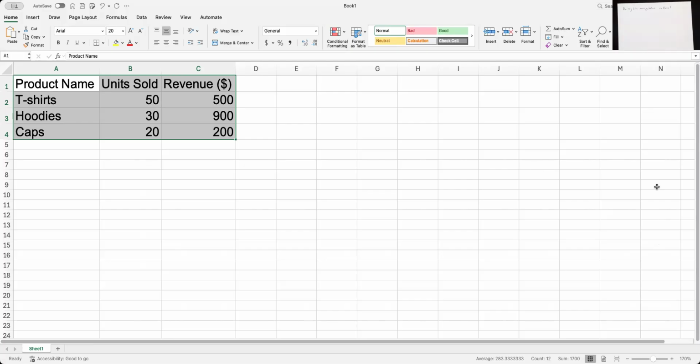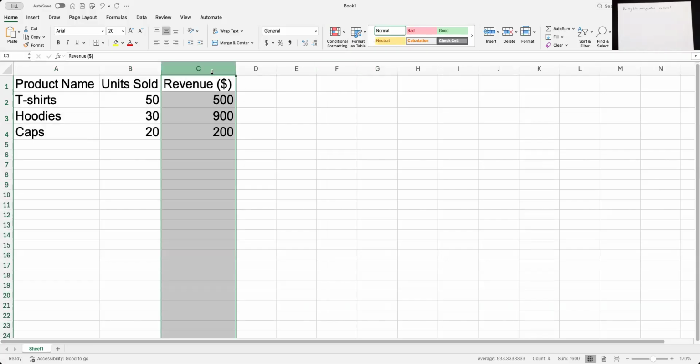Click on which row? On C. So sort and filter is up here. Little funnel and an AZ in the upper right corner. If I just click sort there, sort largest to smallest,